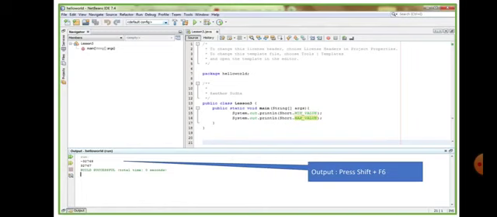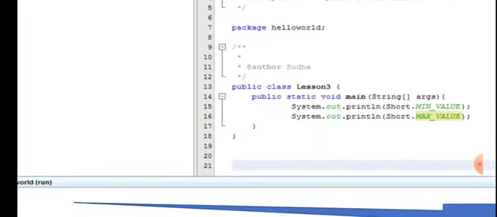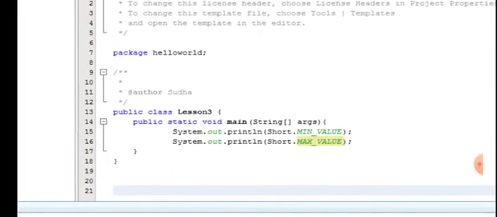Here, as you can see, I have given System.out.println. Short is nothing but the data type, dot MIN_VALUE I have given. What is the minimum value of the range and what is the maximum value of the range?